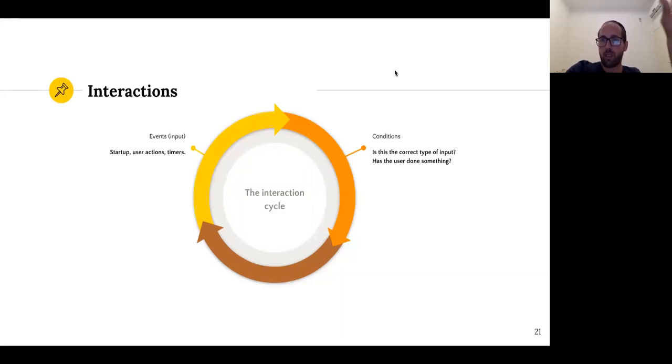And if the conditions for a specific interaction are true, then we have the actions. We can show a stimulus, we can end the trial, we can give the user a score, whatever we want. But the basic idea is that we wait for an event, and if some conditions are true,